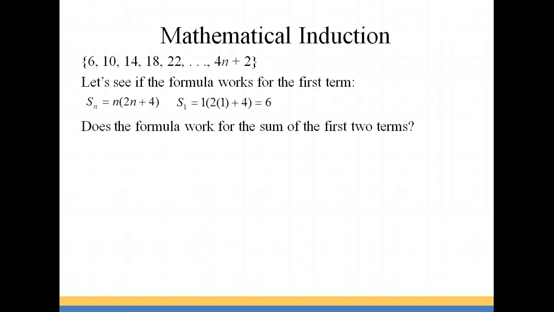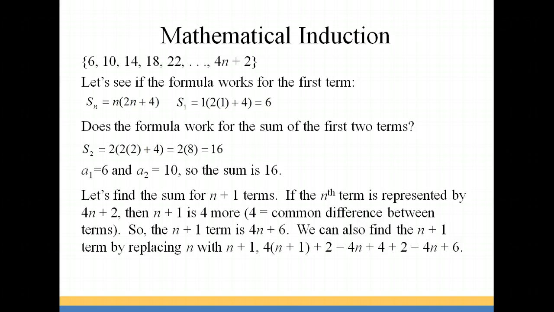Let's see if it also works for the first two terms. So our first two terms are 6 and 10, so our output should be 16. So replacing n with 2, we have 2 times 2 plus 4 in parentheses, which gives us 8 times 2, which is 16. So it works for two terms. You can check and see if it works for more terms, but we're going to go ahead and